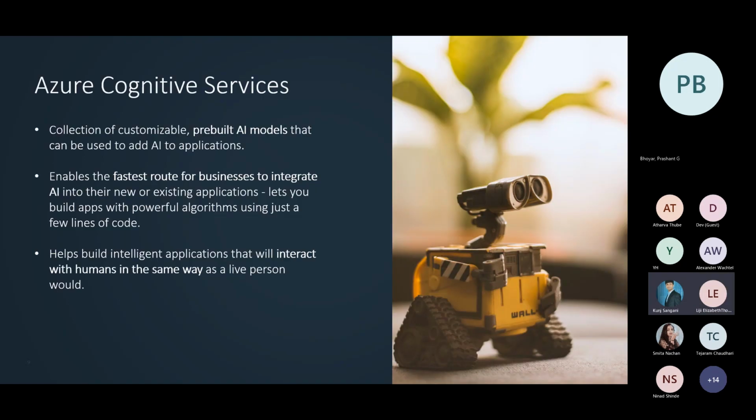So if I were to talk about cognitive services, simply put, this is APIs for AI. If you know how to call APIs in an application, you can make use of these pre-built, very rich, powerful, and complex AI models, so that you don't have to start from scratch. You don't have to reinvent the wheel, but this is perhaps the fastest route that you can take to infuse intelligence into your application.